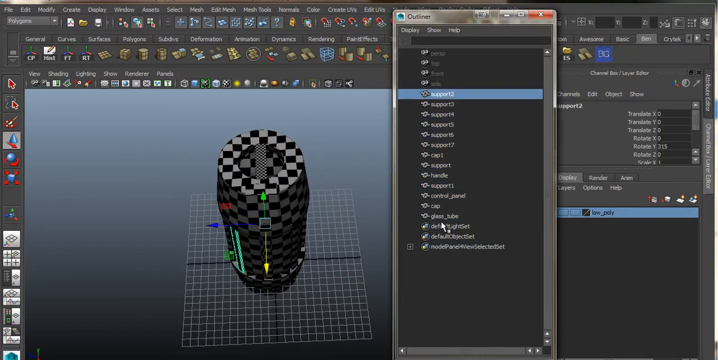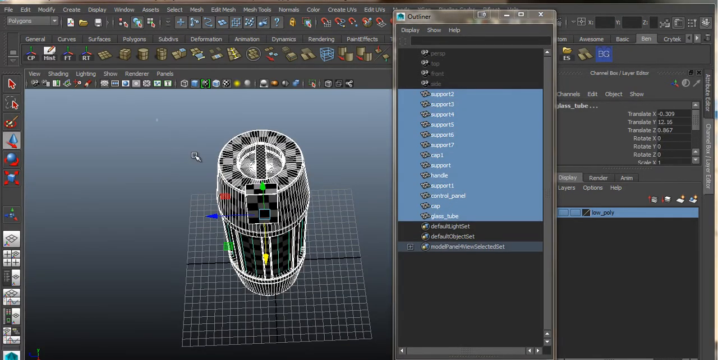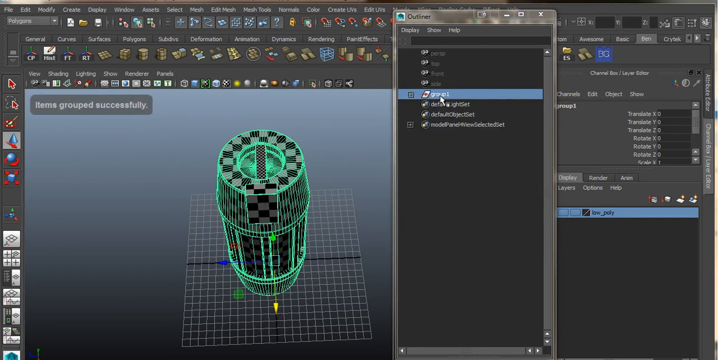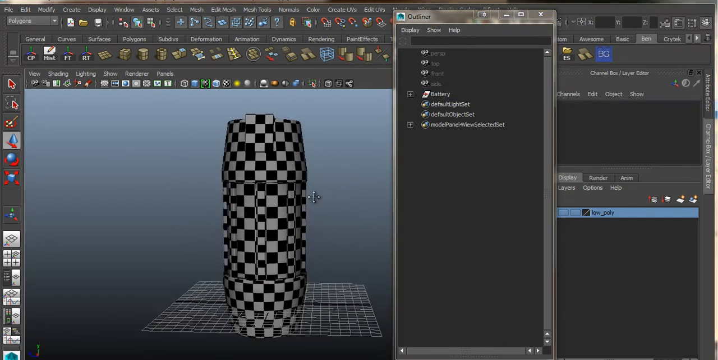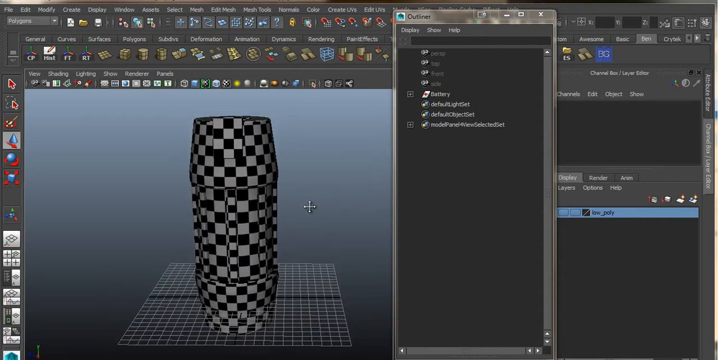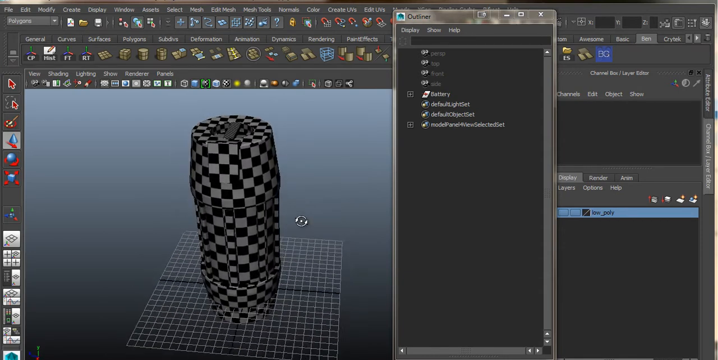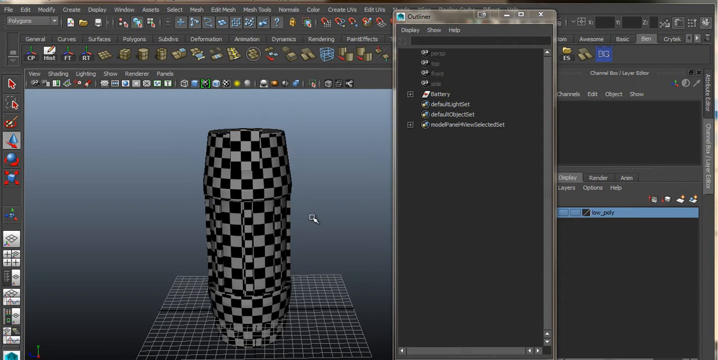So we now need to group these, so just select all your geometry either in the 3D viewport or in here. It's usually easy to select in the 3D viewport so you don't select any other bits lying around by mistake. And then hit Control G, and then we're going to name this your battery. And the final step before we're able to say that this is ready now to be textured in Photoshop or Mudbox,